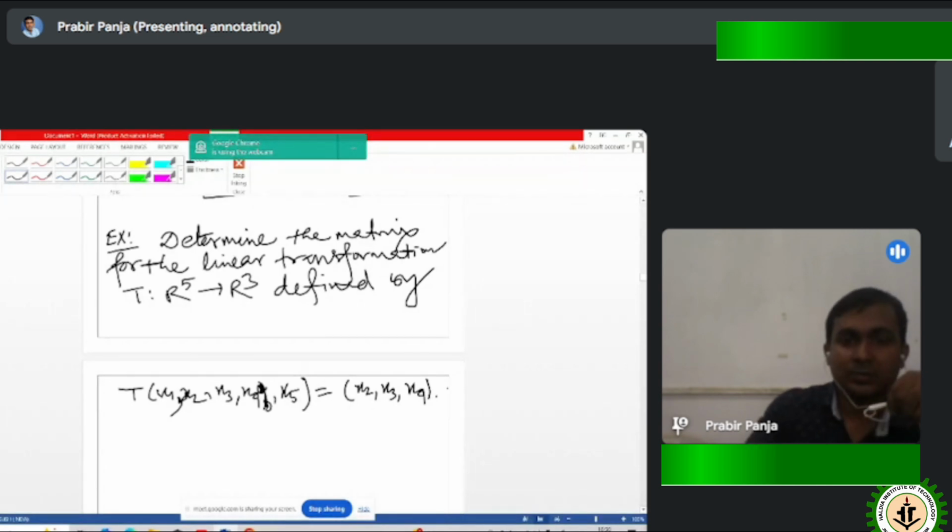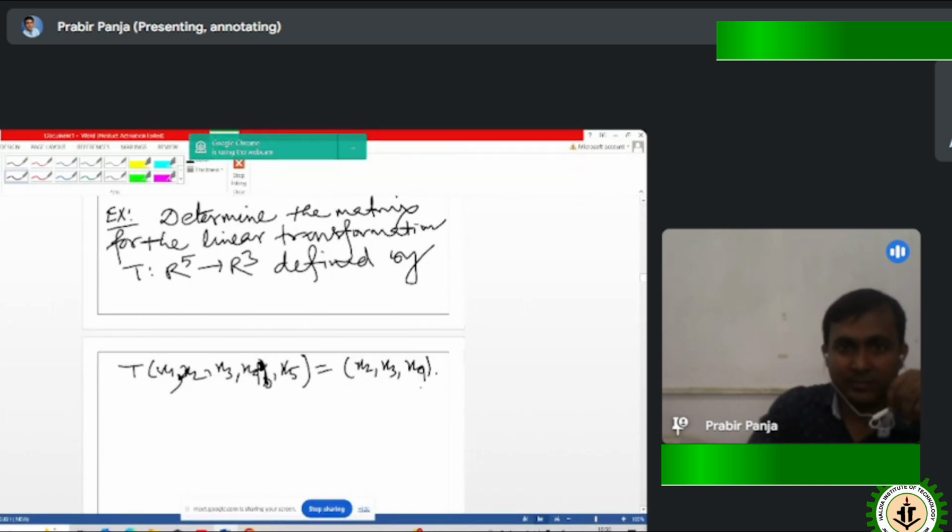Okay, so with respect to the standard basis of R5 and R3, now we'll compute the matrix